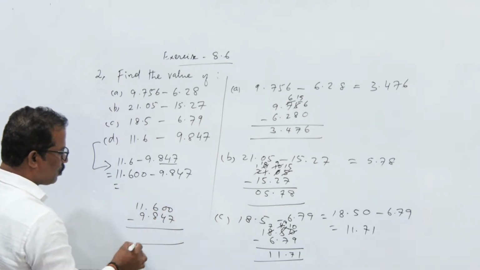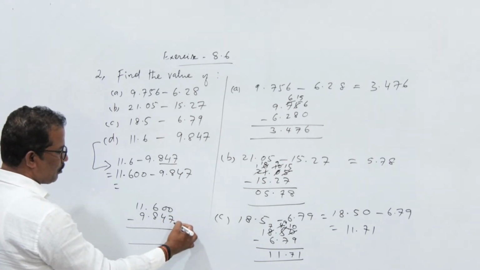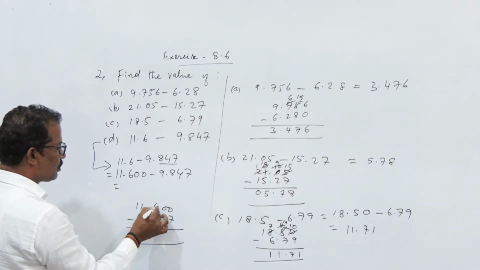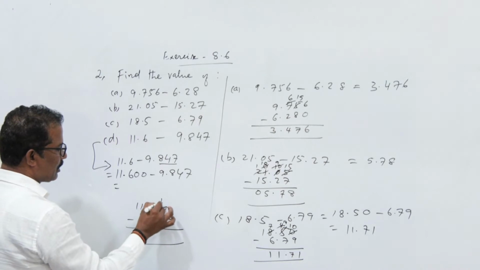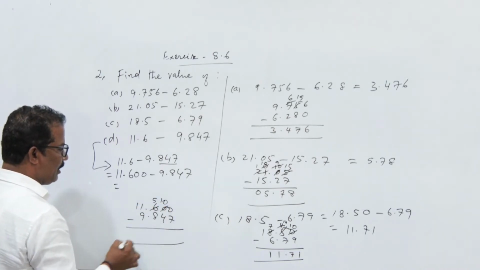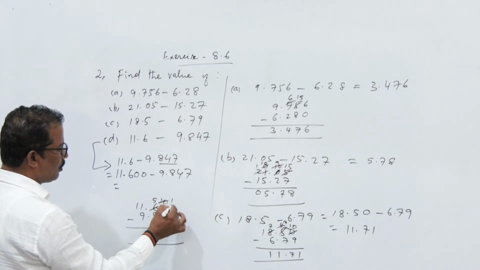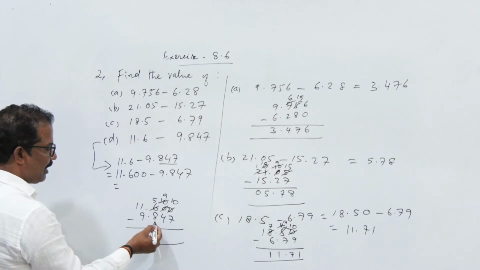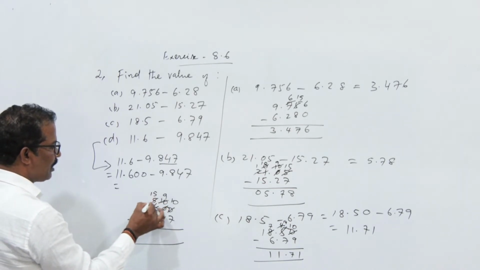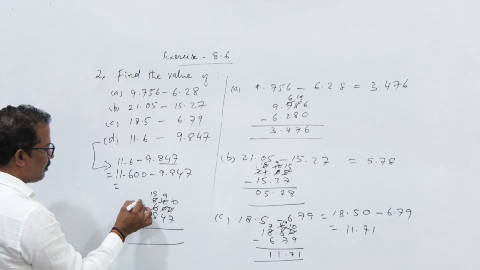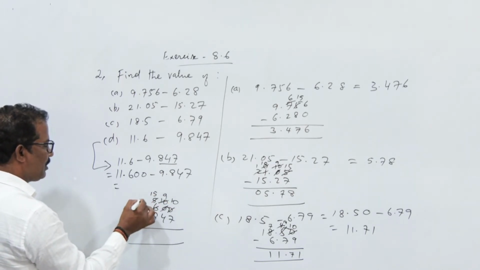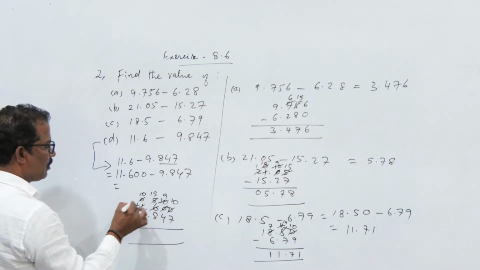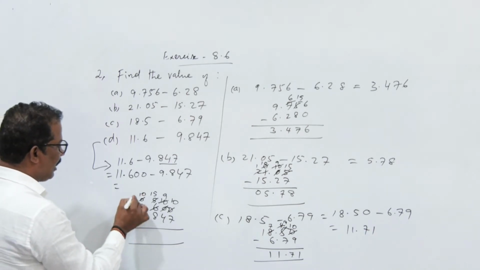9.847. So while doing subtraction, from 0 not possible to subtract 7. So we have to borrow. Here also 0 is there. Not possible to borrow from the 0 to here. So we have to give 1 from this 6. Now this will become 10 and here 5 remaining. From this 10 if you borrow for this 0, now this will become 10 and here 9 remaining. But from 5 not possible to subtract 8. So again from this one if you borrow 1 here, now this is 15. So from 1 given 1, from 1 means here 0. Again from 0, 9 is not possible to subtract. From this one if we give 1 here, so this will become 10 and here 0 will be there.